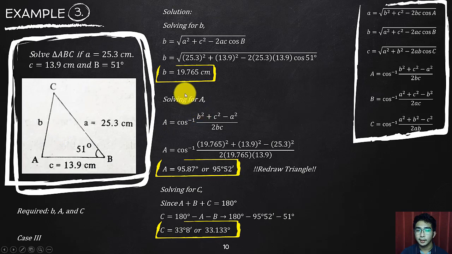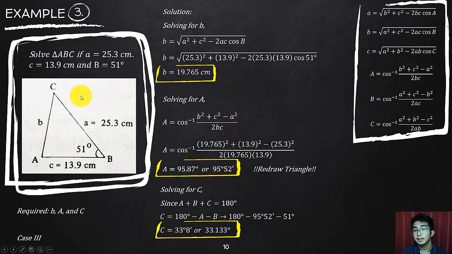Now, solving for angle A, since we're now solving for an angle, we look at the law of cosines that is suited for angle. Take note here, for angle A, it requires all of the sides of the triangle, correct? Yes, B, C, A, and BC. Now, you might be wondering, can we now use the law of sines? Yes. If you now have B, technically you can already use the law of sines to solve for